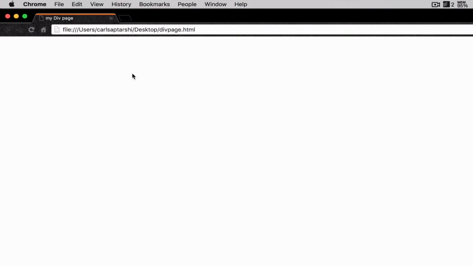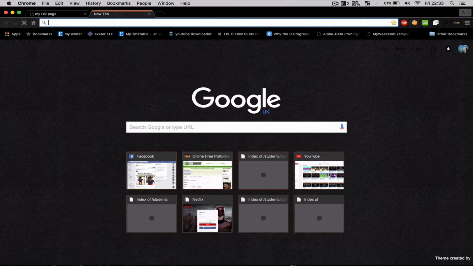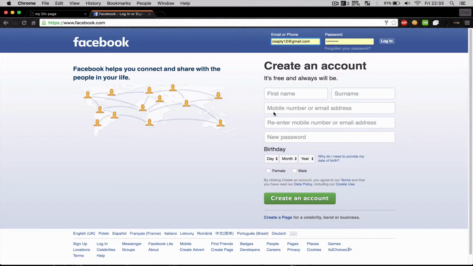One of the best examples I can think of: basically all web pages that you'll see will use some divs in order to contain certain elements on a page, and therefore you can move them around. You can style them as you like. So, for example, if I were to go to Facebook, over here you can see the basic layout of Facebook. You've got the logo in one corner, you've got the email or phone, you've got the password, and you've got the text boxes and everything. Now, these are all contained within their own containers, and as proof of this, if you were to inspect the page,